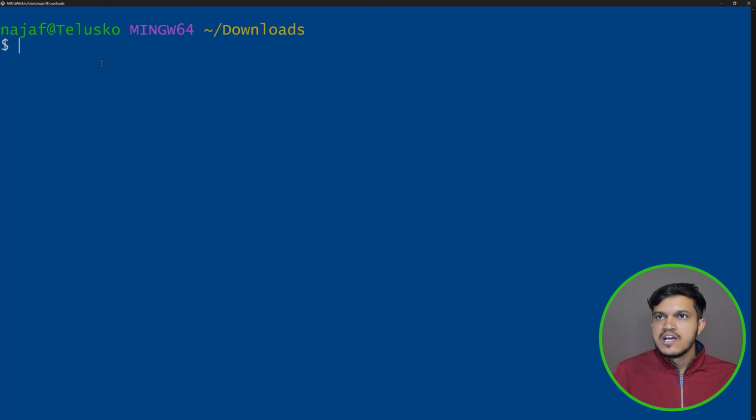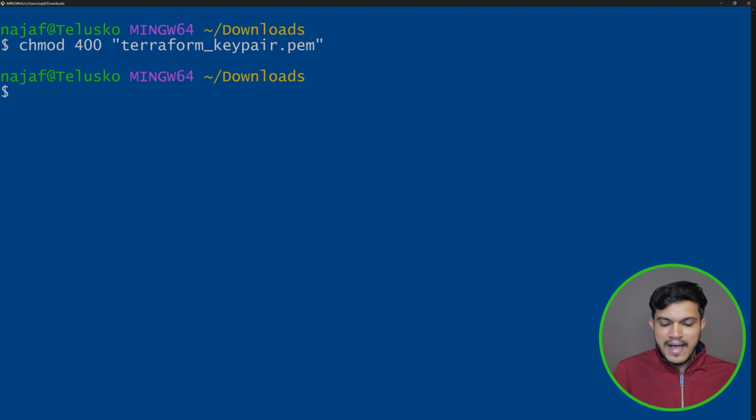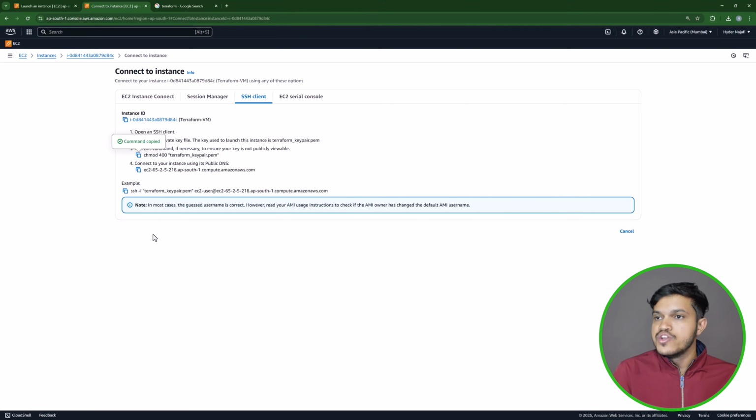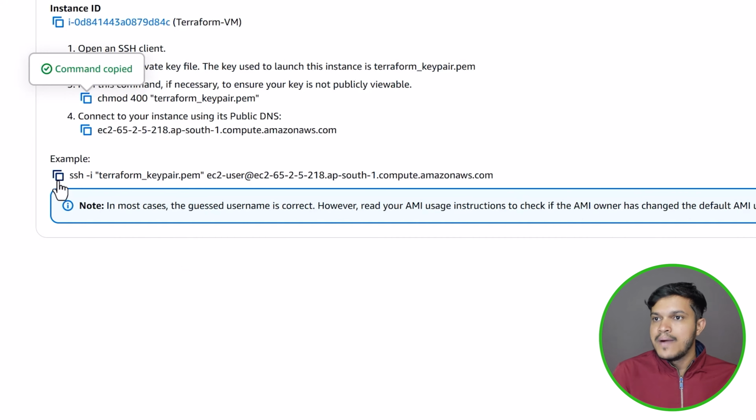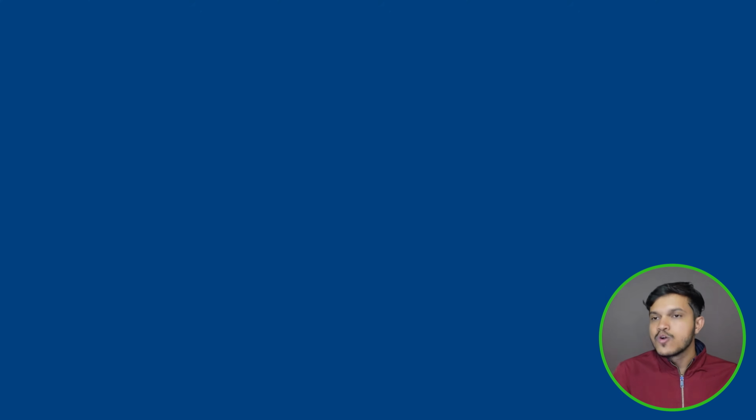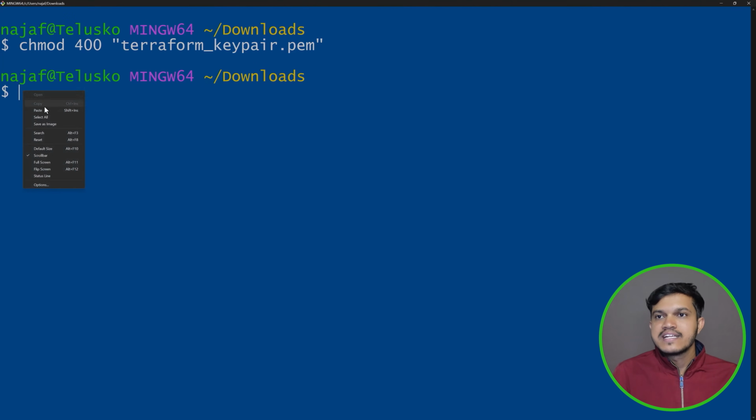I just have to first add this command, right click, paste whatever I had copied for the permissions. It is done. And the next command which we have to run in order to get connected is, let me just go here and we have this command, right? I would like to copy this example. Command is copied,